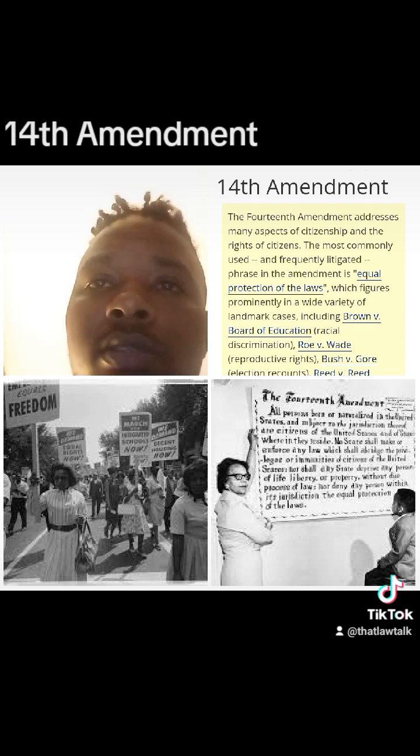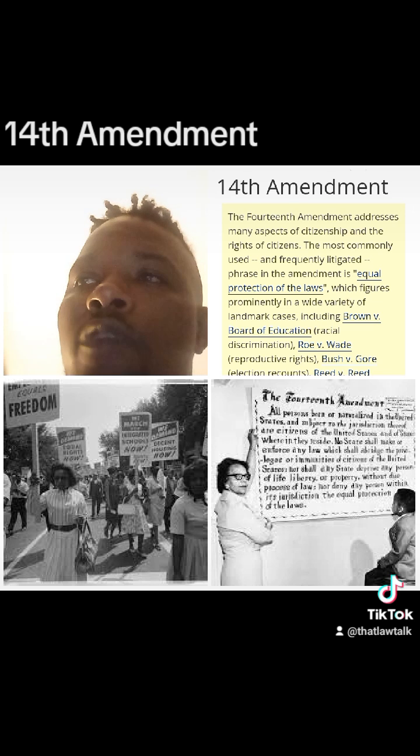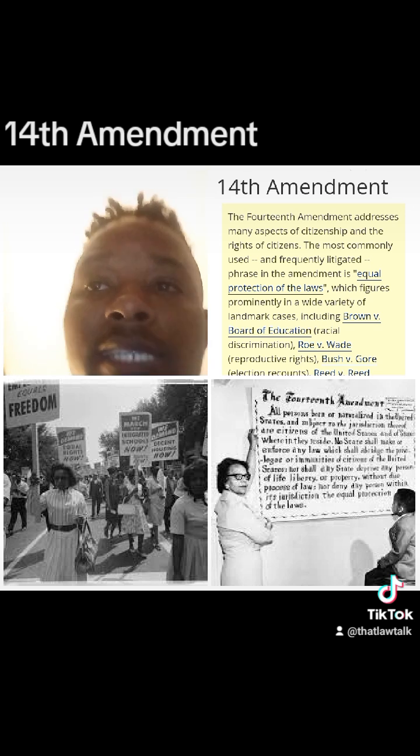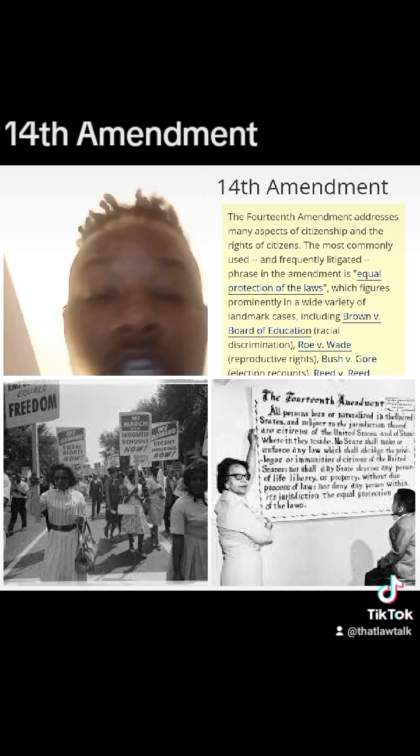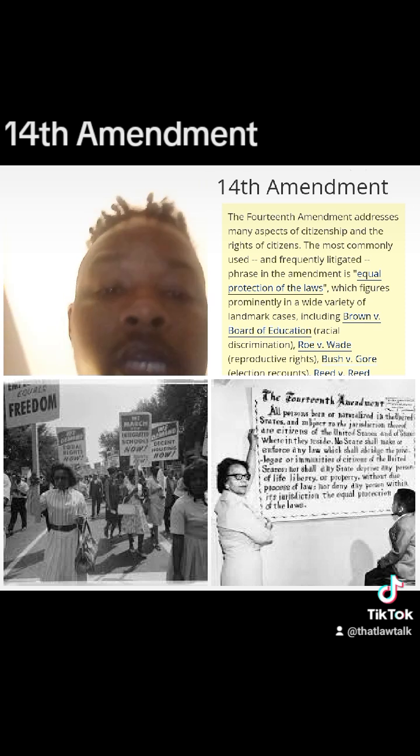Modern significance. The 14th Amendment remains a fundamental part of American constitutional law and continues to be invoked in contemporary legal and social justice discussions. It serves as a powerful tool for addressing issues of equality, discrimination, and civil rights in the United States. In conclusion, the 14th Amendment is a foundational amendment that addresses citizenship, equal protection, due process, and other civil rights issues. It represents a pivotal moment in American history and continues to shape legal and social developments in the